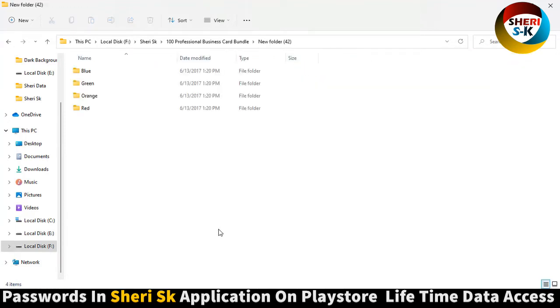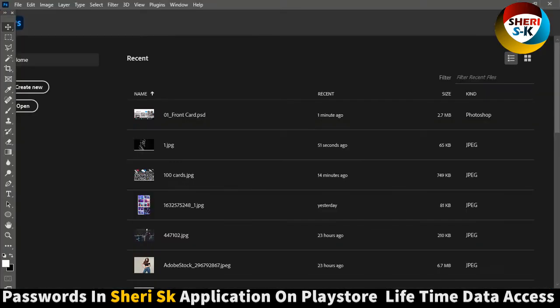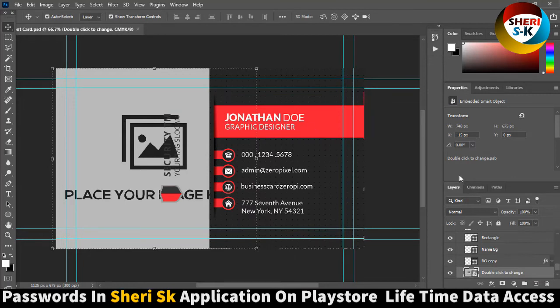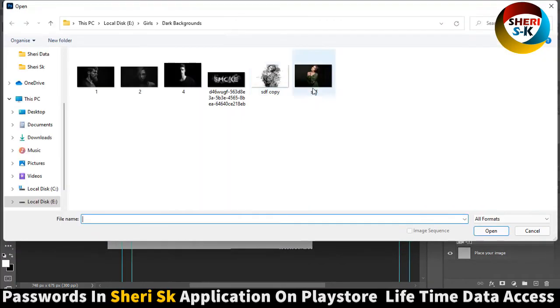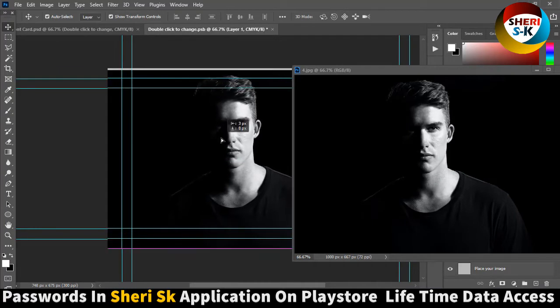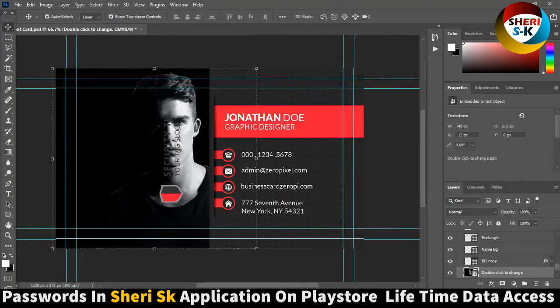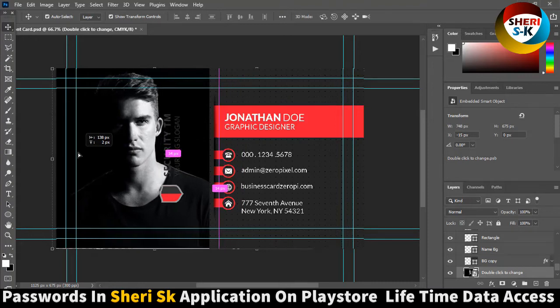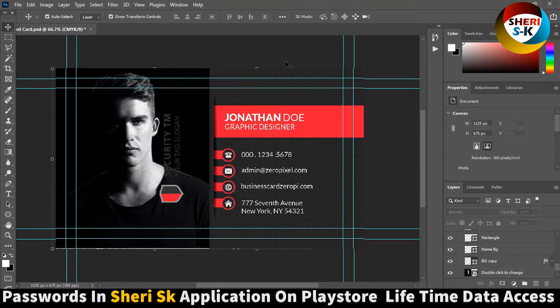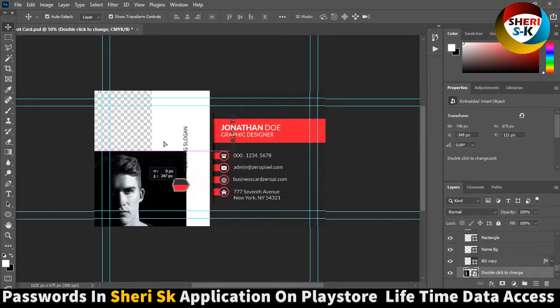Scroll down, here is 42 folder, and you see the PSD. Just your one image is here, and write anything. Utendo, graphic designer. Okay. Enter, Control S. So you can move it or you can apply anywhere. Okay,